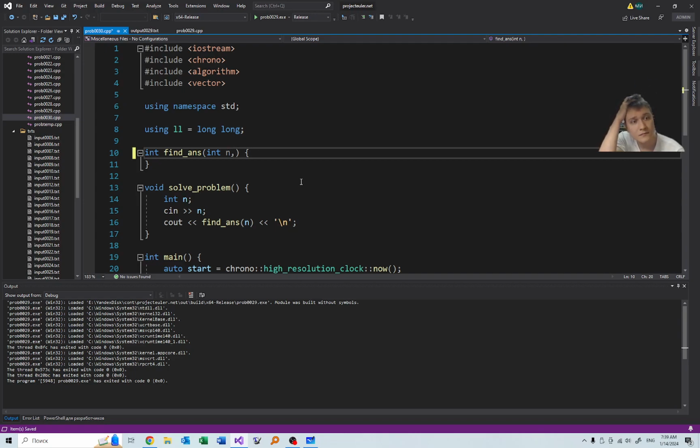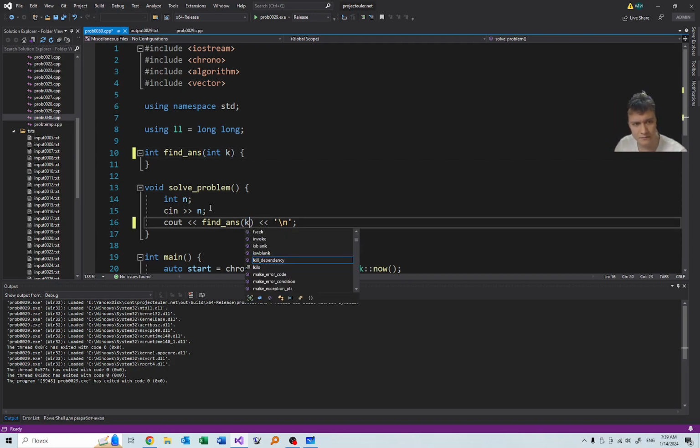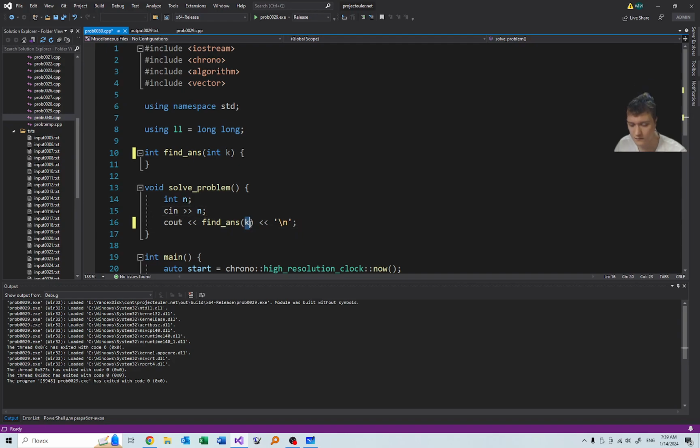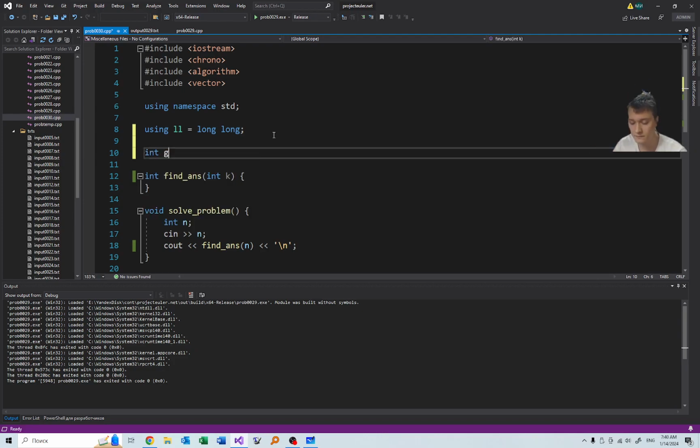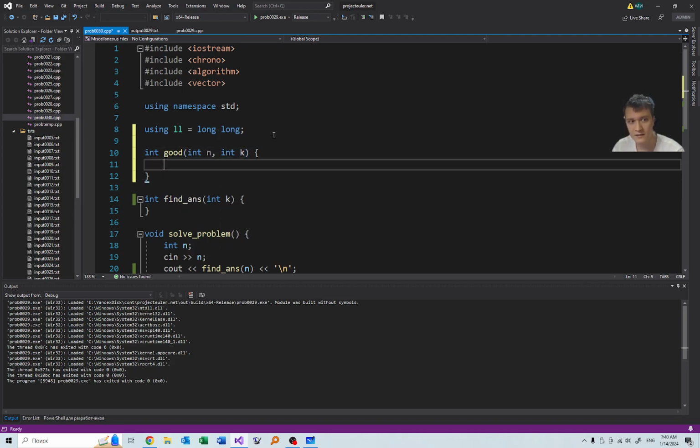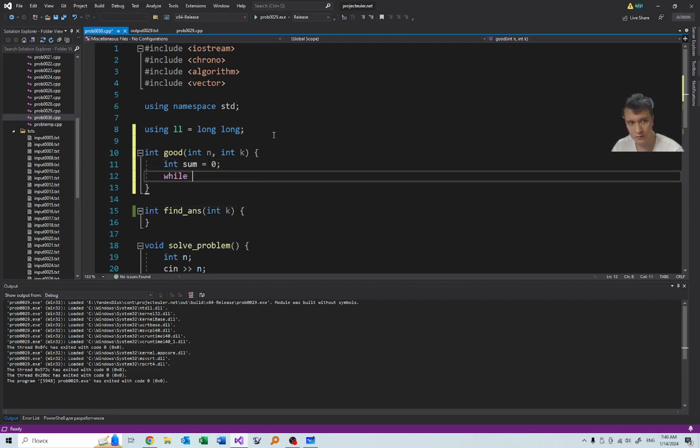So find answer n, and that's it. So let's replace it with k. Let's write a function which is good, which takes a number n and a number k. And it checks that n is the sum of the kth powers of its digits. How does it do it? So we say while,